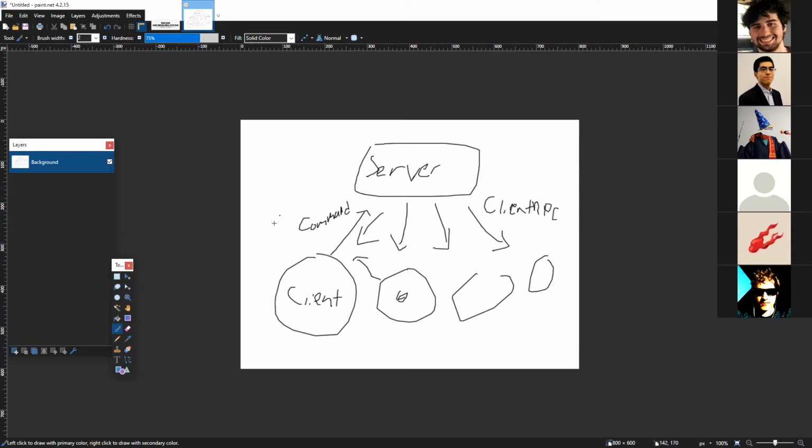So this will make more sense later, but the client RPC is indiscriminate in the sense that even though only this player object sent the command, every single instance of this player object will receive the exact same client RPC. And it's up to the code to determine what to do with that information.